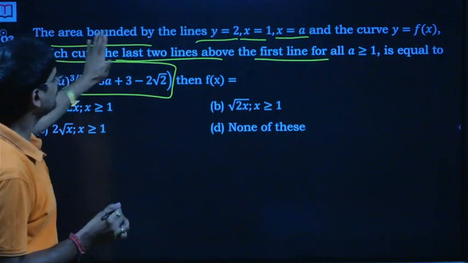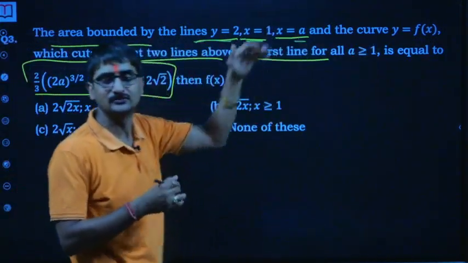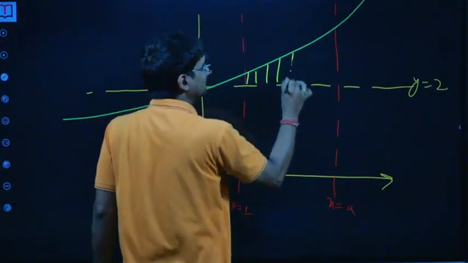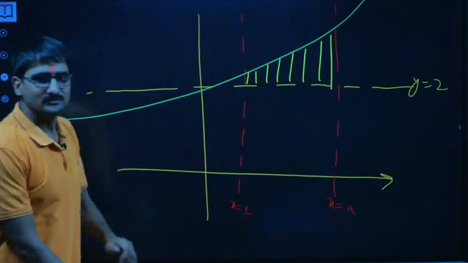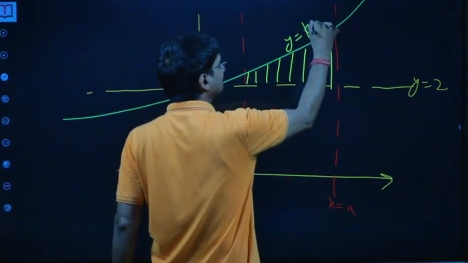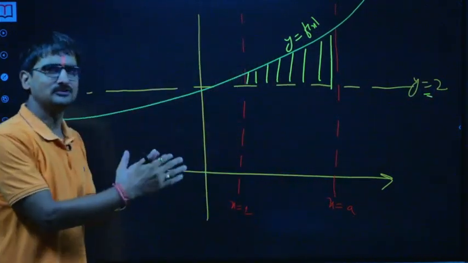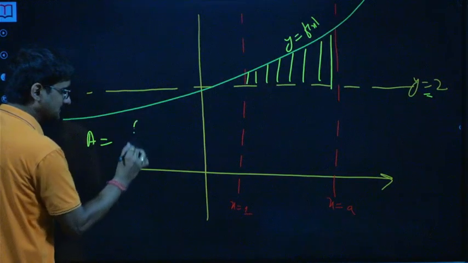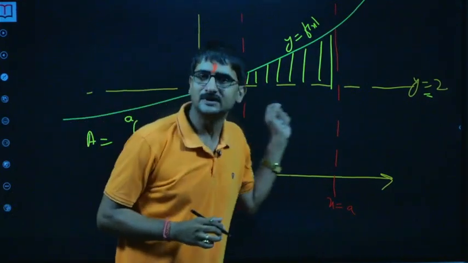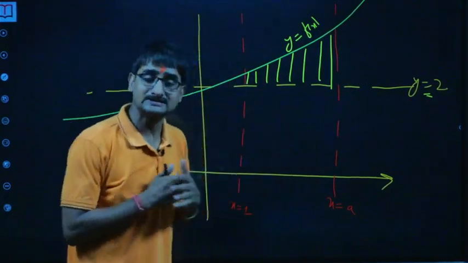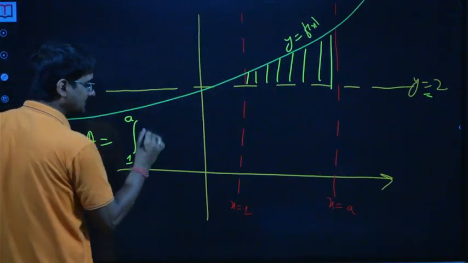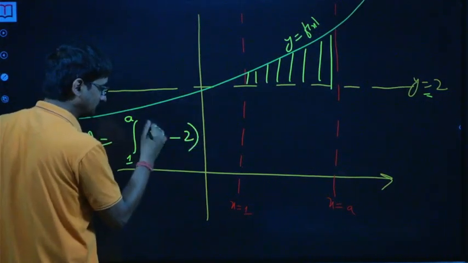Now the question is the area bounded by the line, this and the curve. So where is that bounded region? The bounded region is this one, isn't that, all of you? That's the bounded region. So now what? Upper curve is y is equal to f of x, lower curve is y is equal to 2, bounded between 1 to a. So the expression of area is from 1 to a, the limit, since the stretch of the region along the x-axis is from 1 to a. So that defines the limit. Upper curve f of x minus lower curve 2 dx.